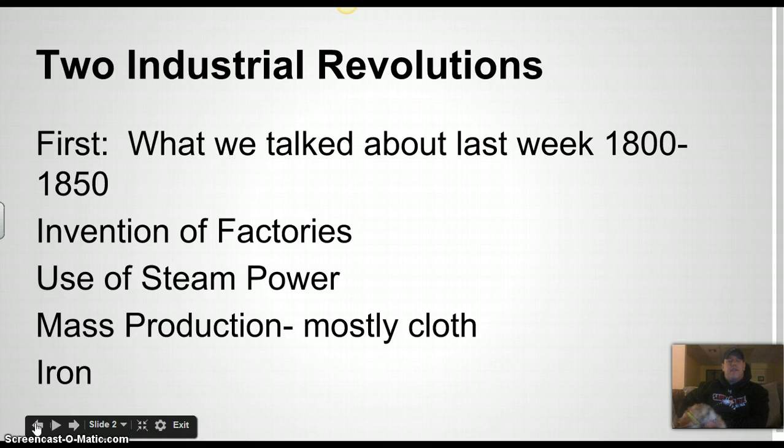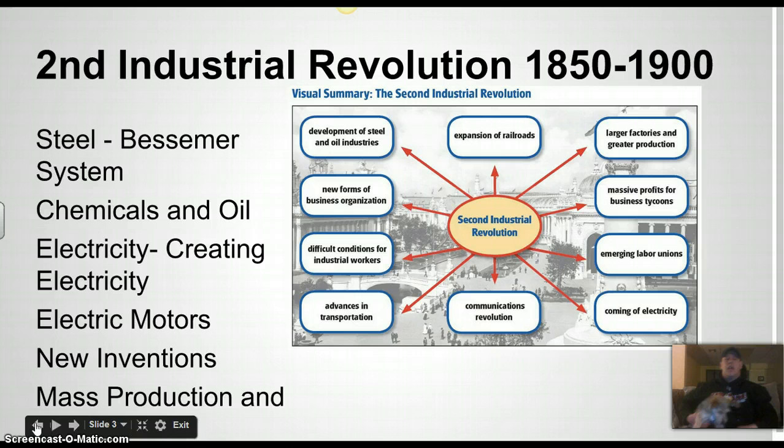This first part ends around 1850, and we start seeing more changes happen after that. The changes afterwards are a real new, different kind of system. First off, new kinds of goods are created. The first big part is steel. Instead of using iron, which is really brittle and breaks pretty easily, we have the use of steel. That means you take iron and add carbon to it to make it stronger, and there's actually a better way to make this, called the Bessemer system. It's named for the English guy, Bessemer, who created a system where you took a lot of hot air and carbon, injected it into hot iron, and made steel.